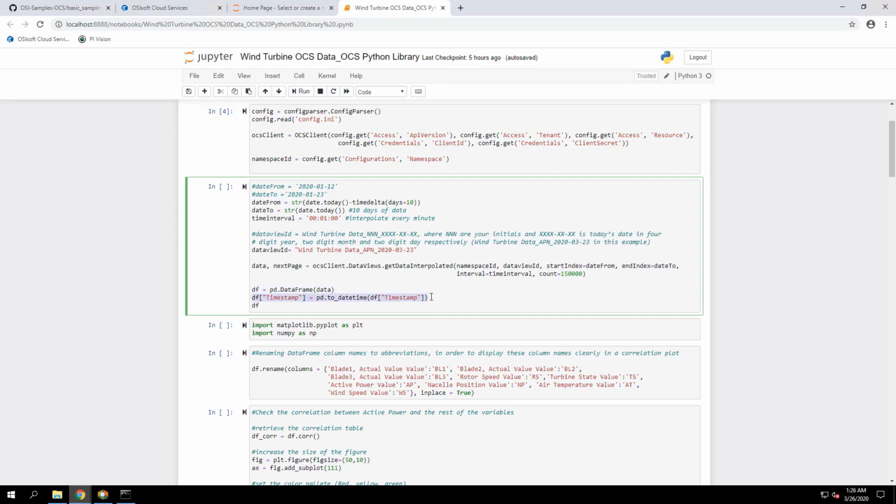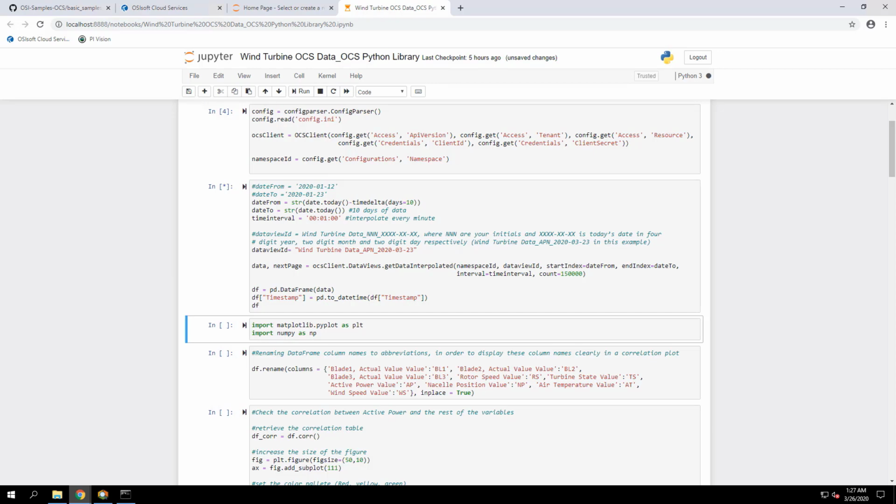Another thing we're doing here is making sure the timestamp column is converted to a timestamp object, so it's type timestamp, because it's going to be string if we don't do that. And then after that, we're going to print the data frame. So let's run this block.